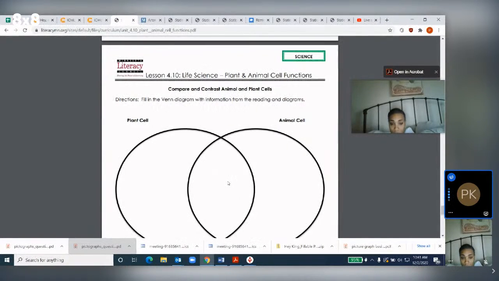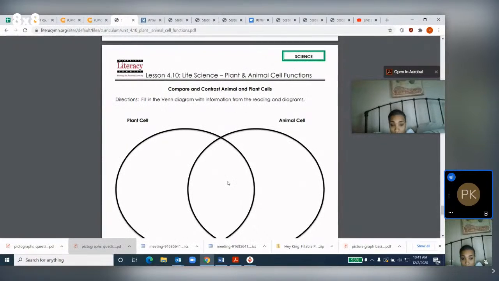And how you would fill this out, you would just go look at the animal cell and the plant cell. And you would write things, like I said, in the middle that are the same. And the animal cell on the far right are things just the animal cell has. And the far left, those are things that are just unique to a plant cell. For example,